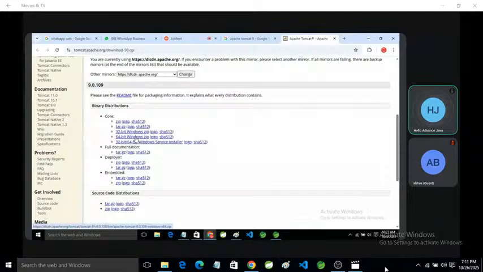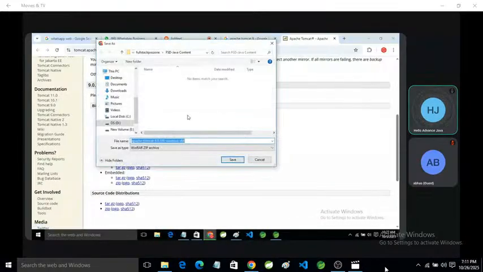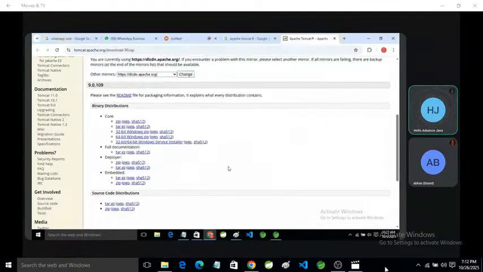Click here and it will download automatically to your system. It will provide you a zip file, which must be extracted before you use it. I suggest you download version 9.